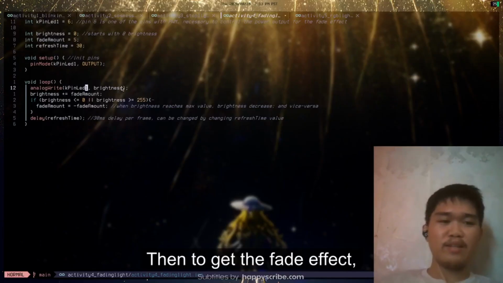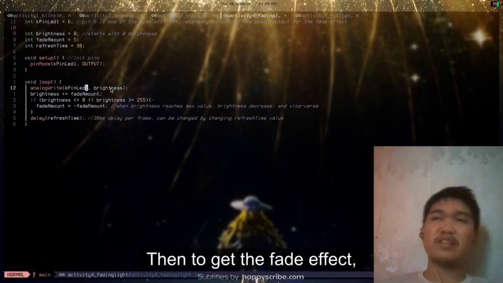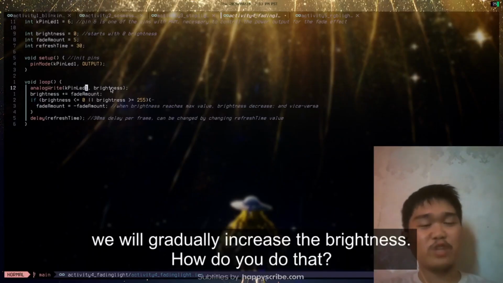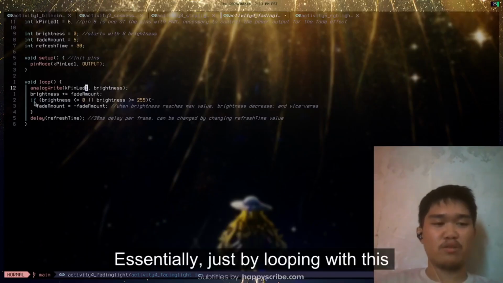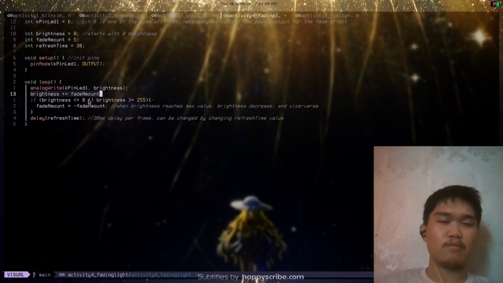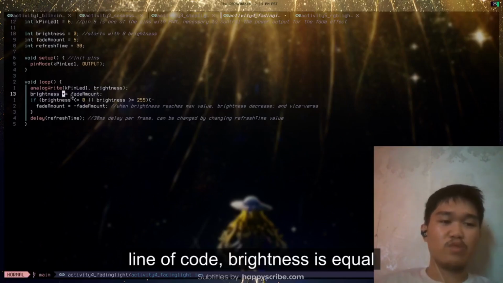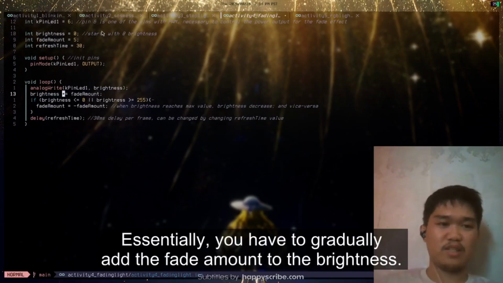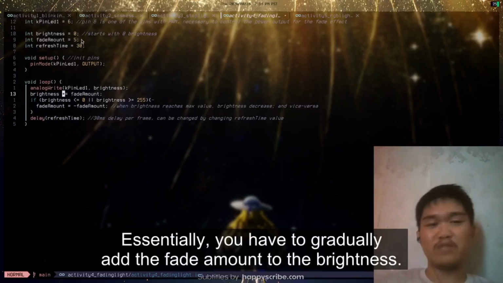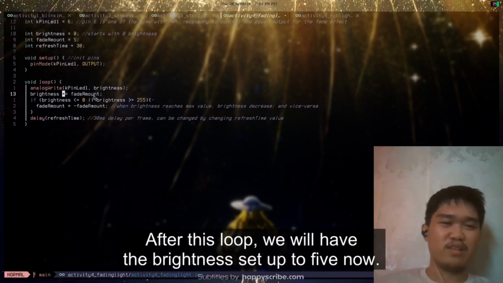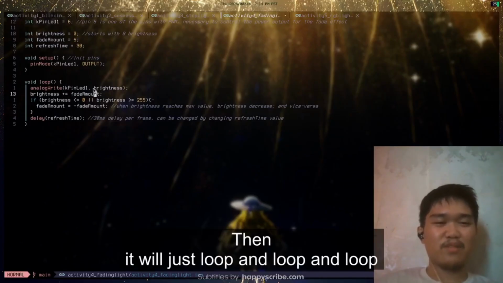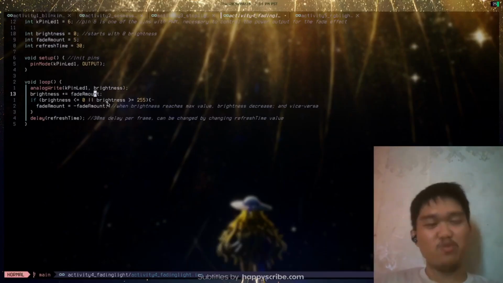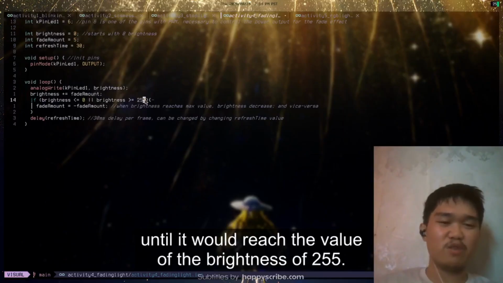Okay, and then to get the fade effect, we will gradually increase the brightness. How do you do that? Essentially just by looping with this line of code: brightness is equal to brightness plus the fade amount. Essentially, we gradually add the fade amount to the brightness. So after this loop, we will have the brightness set to 5 now. And then it will just loop and loop and loop until it reaches the brightness value